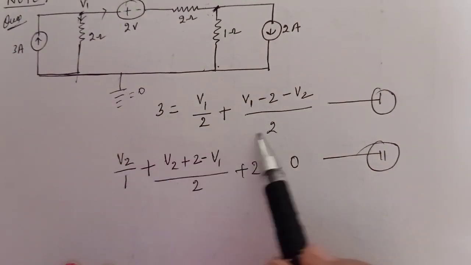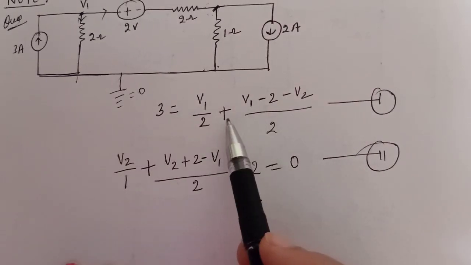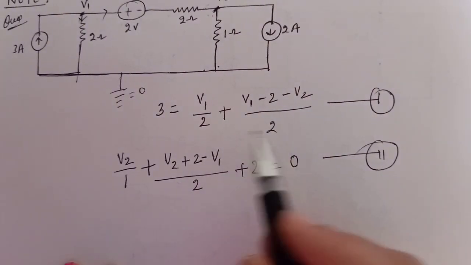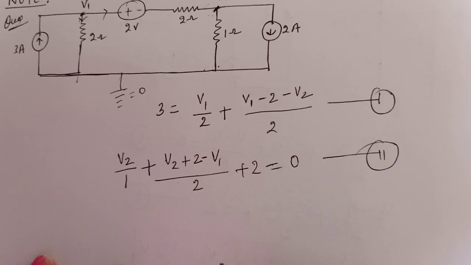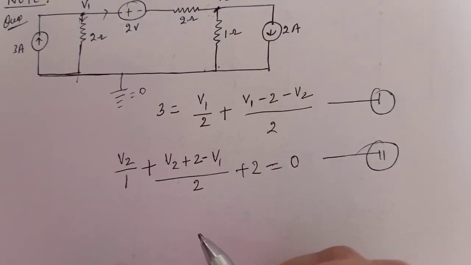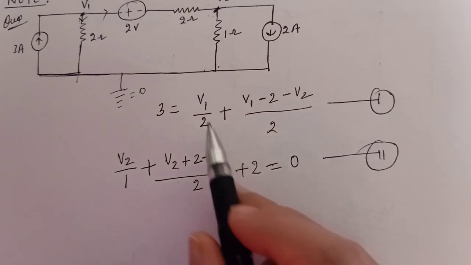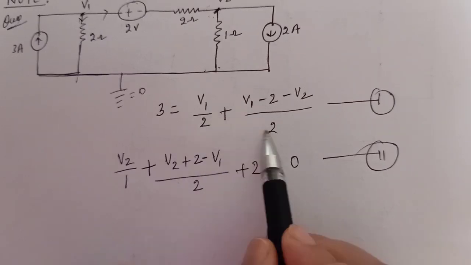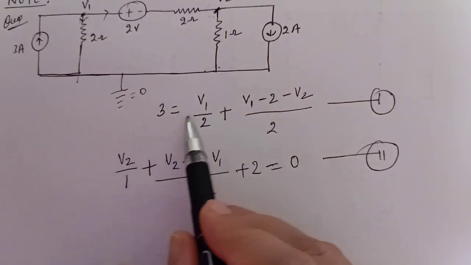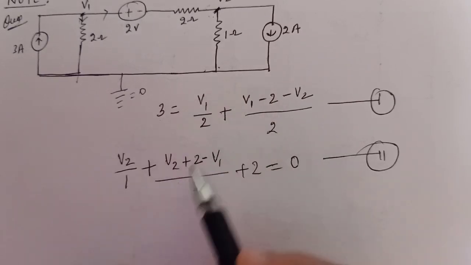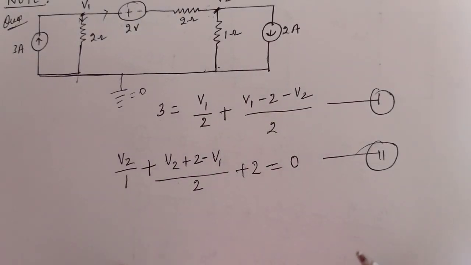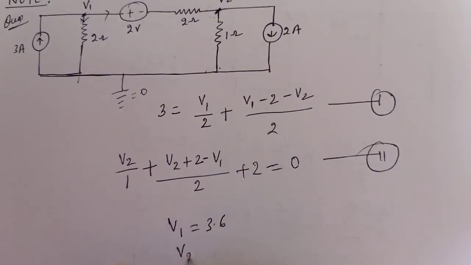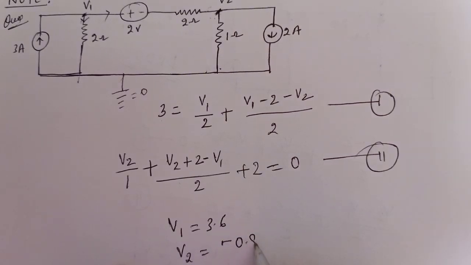How to solve? Just take the LCM. Simply take the LCM and solve it. I hope you all know how to solve the equations, so I am not discussing it. If you want, I can discuss it also. You can ask me how these two equations can be solved, then in the next class I can discuss how to solve these equations. Simple, no? Here you take the LCM. So the LCM will be 2. Take here, it becomes 6 equal to 2V1 minus V2 minus 2, like that. Similarly here, form the two equations and solve for V1 and V2. If you solve, you will get V1 as 3.6 and V2 as minus 0.8.